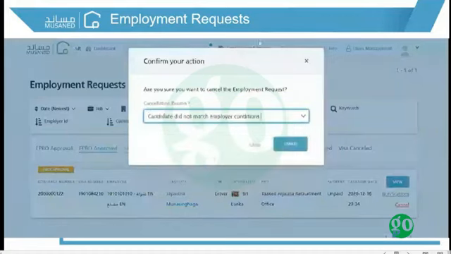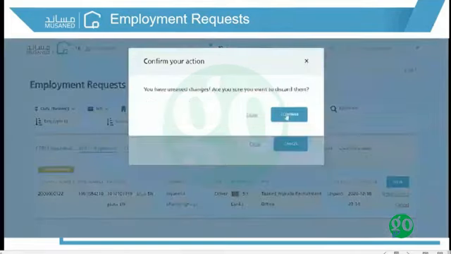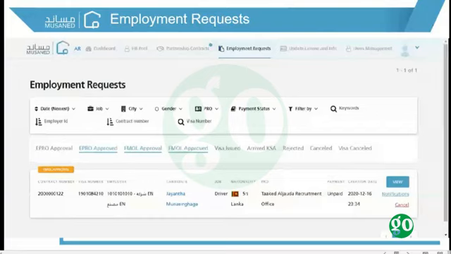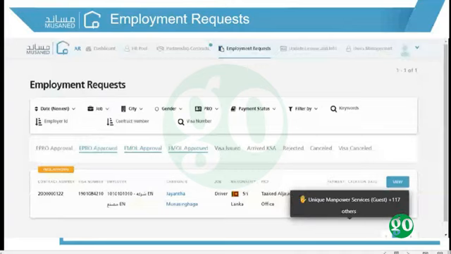If user clicks on cancel, then the cancellation request would be sent to the PRO for approval, because in case the cancellation occurs in one of these statuses, then the cancellation should be mutual, meaning the approval should be stated by the two parties, which are PRO and the EPRO. If the cancellation request was approved by the private recruitment office, then the contract would turn to cancelled. Otherwise, the contract status would remain the same.